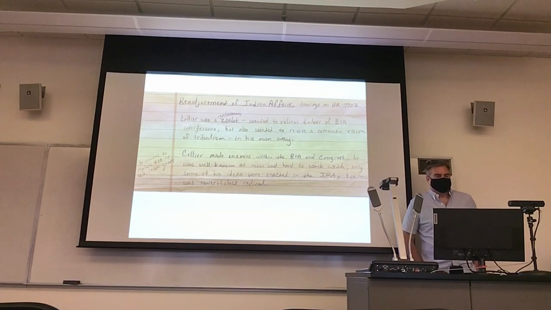I've got more notes here. These notes just say that Collier was a revolutionary zealot. He was a crusader, I'll put it that way. He wanted to basically take the BIA off of the tribes' back, get them out of the tribes' business. But he also had kind of a non-native romantic vision of tribalism. I think it's pretty clear that he didn't see any wrong in any Native American traditions. Not that you should, but